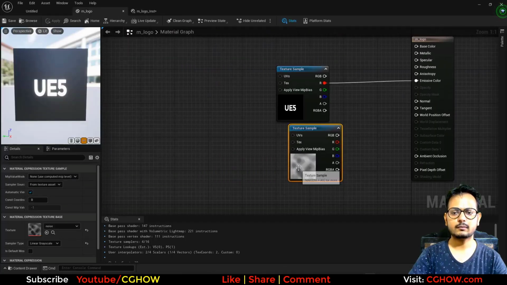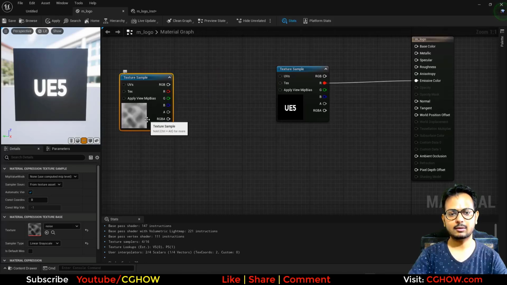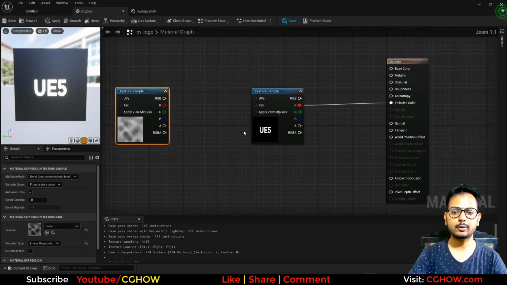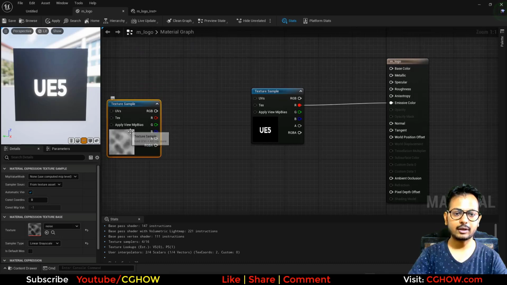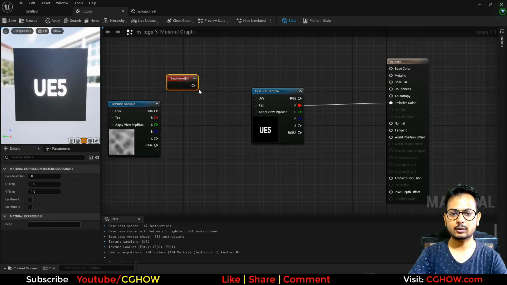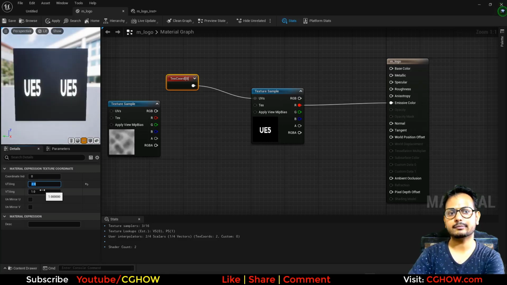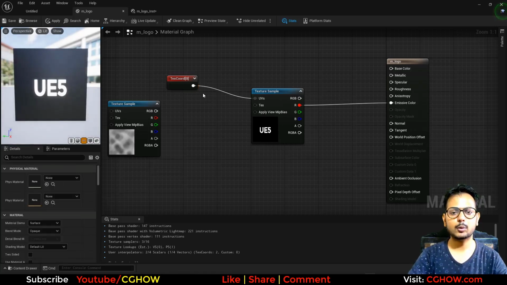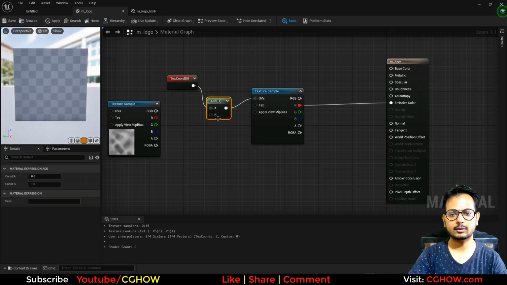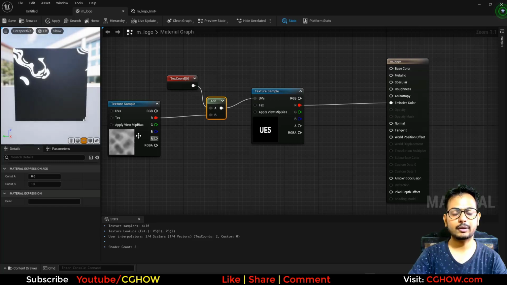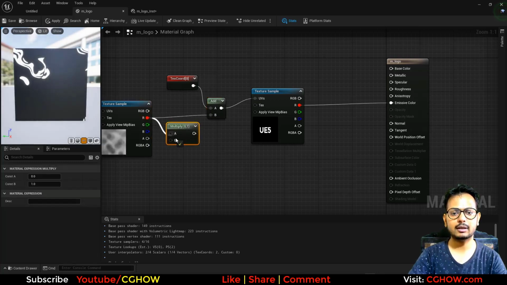So now, if you know the basic concept of how you distort, you actually have to put a noise or anything that you want to distort from. You want to use this noise in the UVs of your actual texture. Like if I use a texture coordinate, this will make it tile for whatever you want. Then I want to add some noise in this texture coordinate, so it will distort my texture. It will now completely distort, but if you want to handle this property, you can multiply this noise